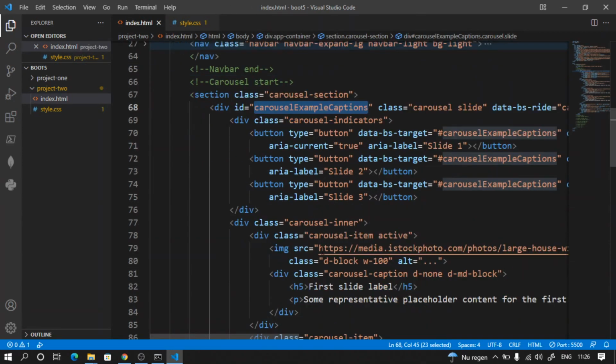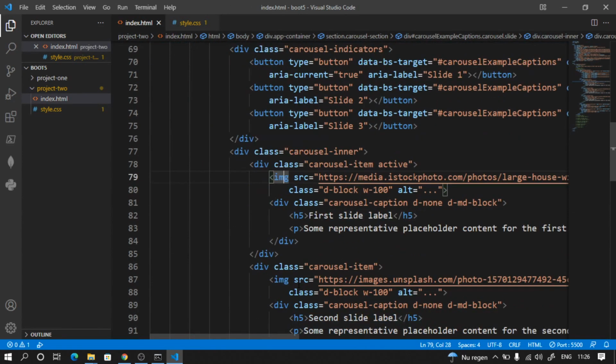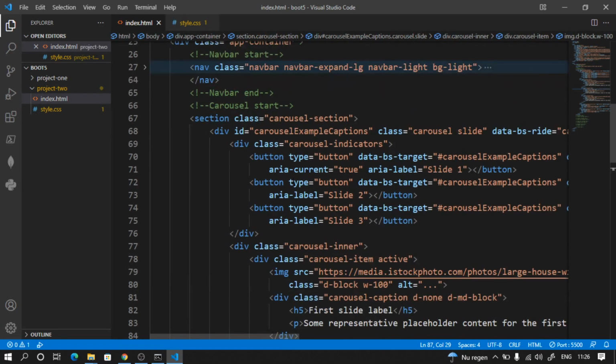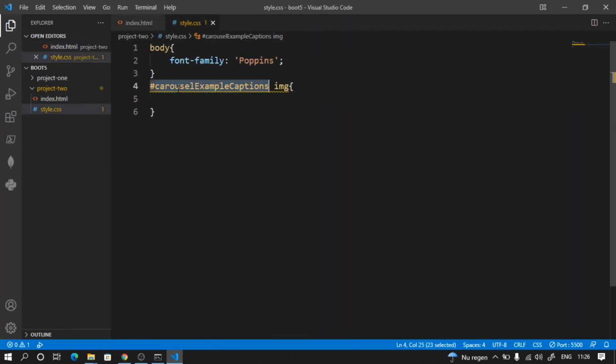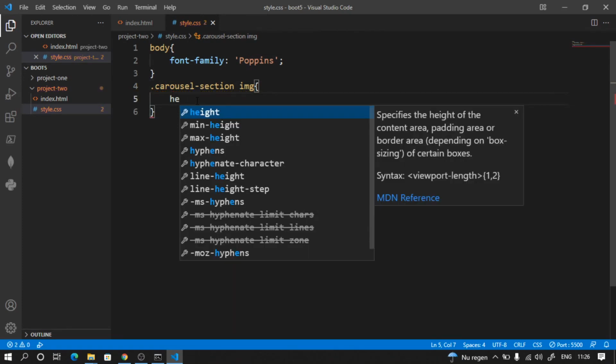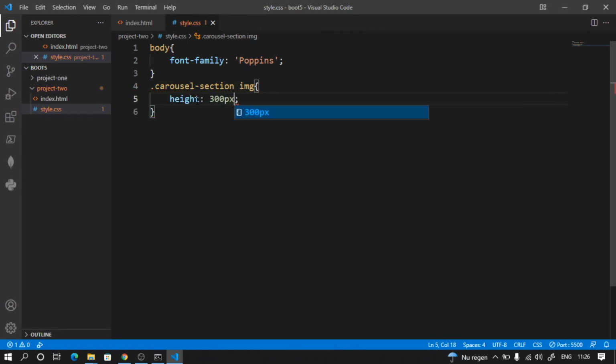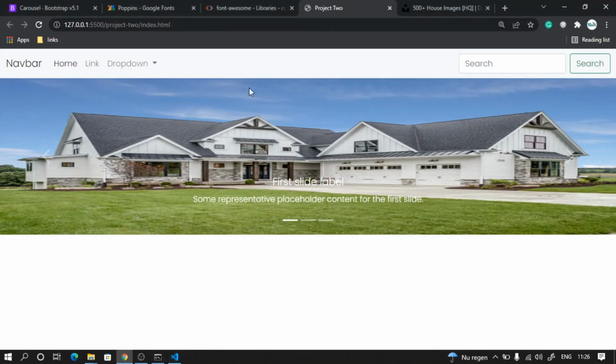If we go here, there's one image here, there's another image here. So I would better target it with the help of this carousel section. So instead of this I will say dot this. I will just say height is 300 pixels,